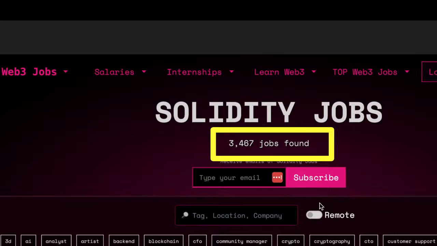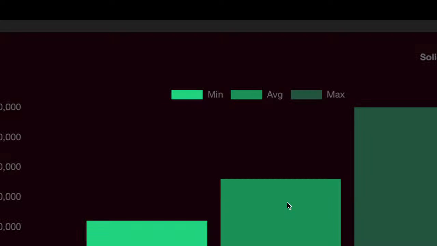But what about the salary? Here's the market study of web3.career. For a junior, you can make on average $100,000. On average, between junior and more senior, it's 130K, and at the max, it can go up to 250K. I even saw some crazy salaries like 500K. So obviously these are really good salaries, and the reason the salary is so high is because of the imbalance between demand and offer, of course.